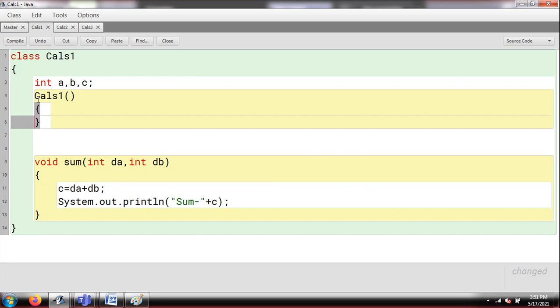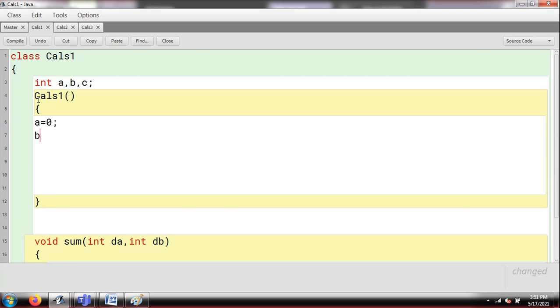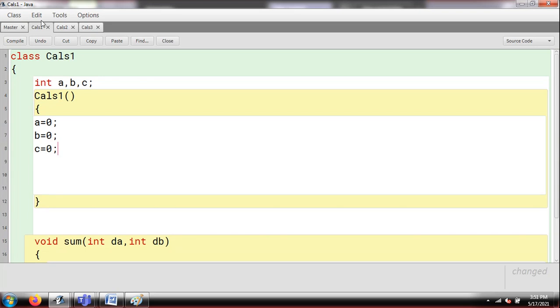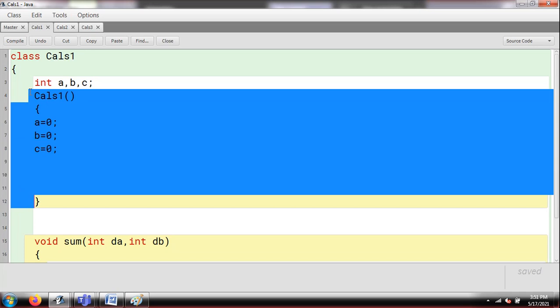So whenever you are designing a project, the first approach is, we mostly design projects in this way, and it is very simple because we know that things can be kept in different places and different classes can be fetched very easily. So this is my default constructor that I'm using here. I'm just initializing some value to A, B, and C, because 0 is the default value of integer, and that is the reason I'm giving a 0 to each and every one here. You can see this is done. So I'm just going to remove unnecessary spaces. So this is my CALS constructor, and this is called while you're creating an object of your class. This will be called automatically.